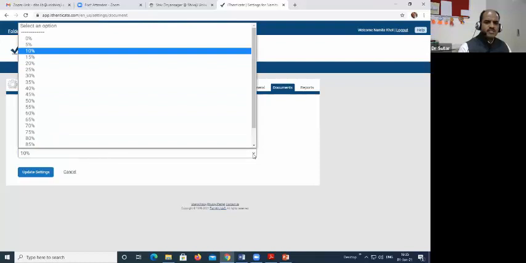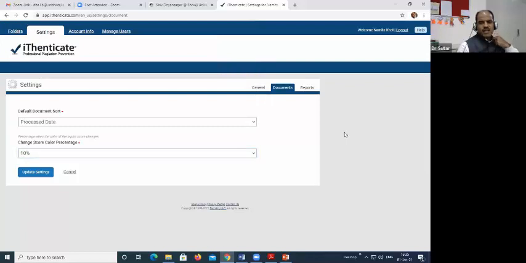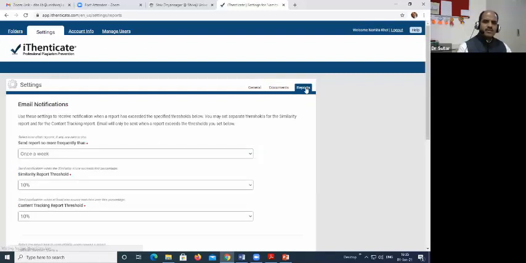Change score color percentage means, see, the report of similarity is shown in different colors. A different color means a particular source from which that material has been taken. So when I show you that report, you will come to know about that. So you can change the score color percentage according to this. And finally, it is related with the reports.